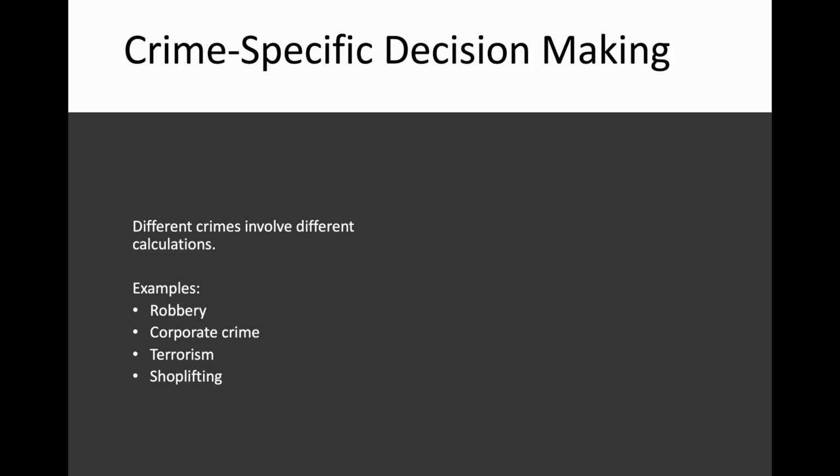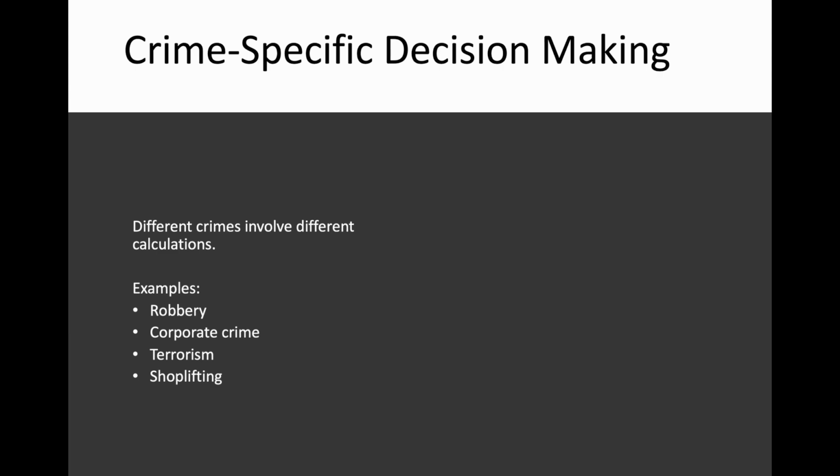Think of this as almost like a behavioral blueprint. For example, a burglary script might involve target selection, surveillance, entry method, theft, escape, disposal of stolen goods. Now, analyzing these different crime scripts allows researchers and policymakers to identify intervention points where crime can be disrupted. And this becomes especially important for situational crime prevention later on.